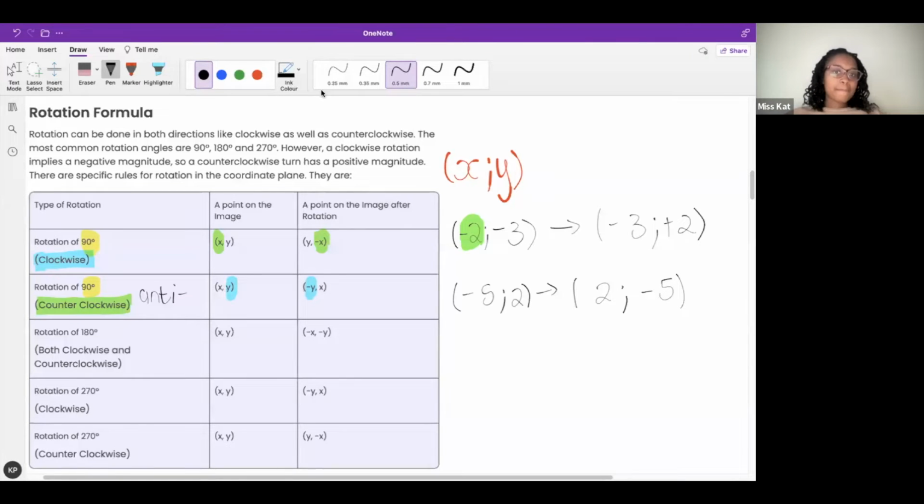Ma'am, I was asking, does... Oh, yes, yes. So you first change the positions, okay? That's why you can see here, Y is first, and then X is after. And then to determine which one changes sign, you look at